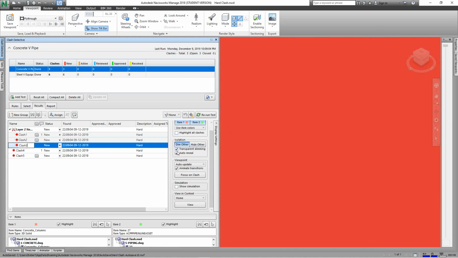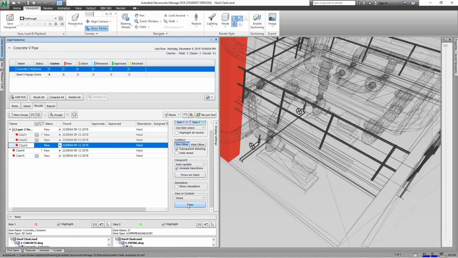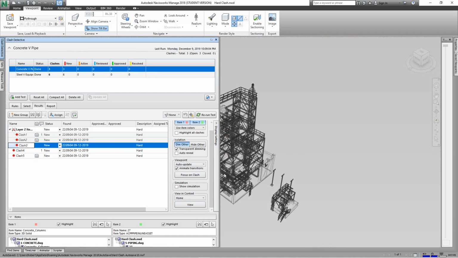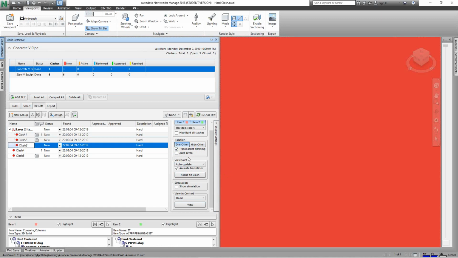Let's do a transparency dimming so we can see it. Let's go to home. And just do auto reveal. So we kind of lost here. Can't see that guy that well, but those are how you group them together. Okay, now